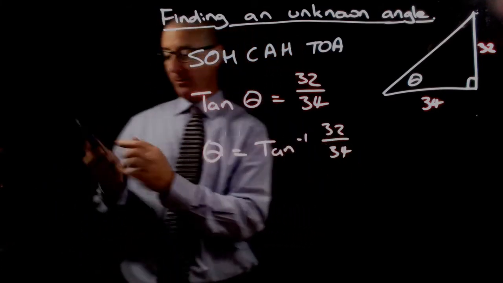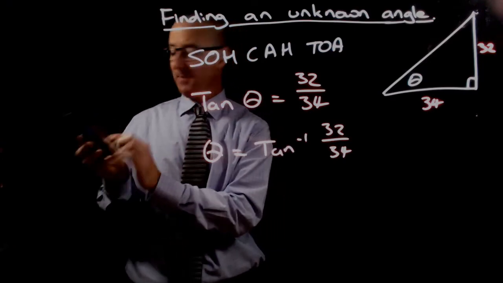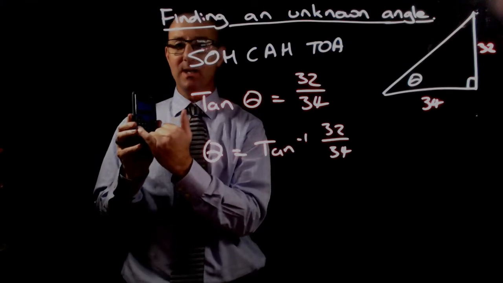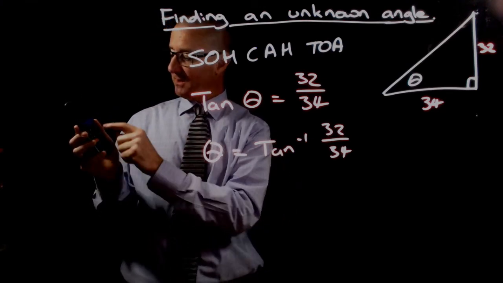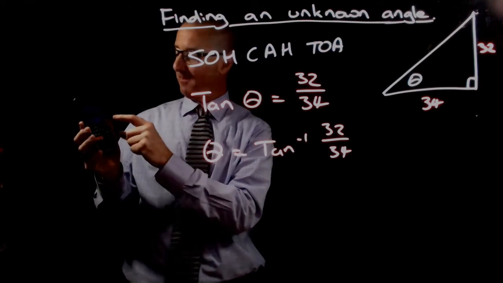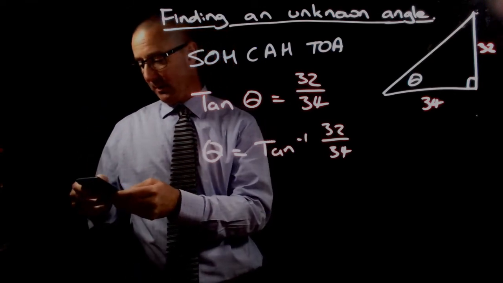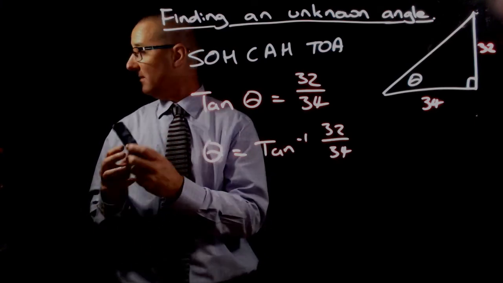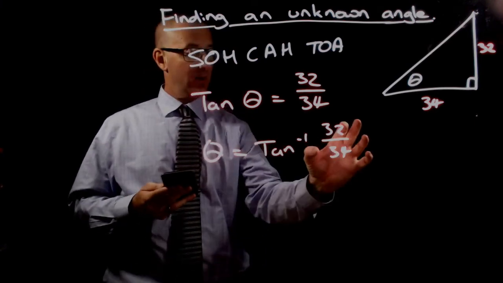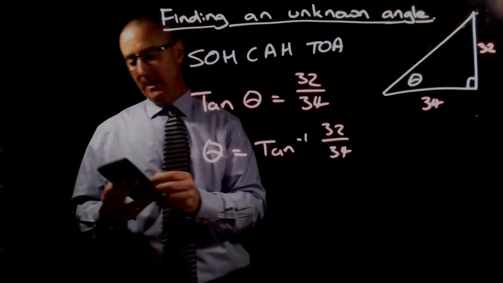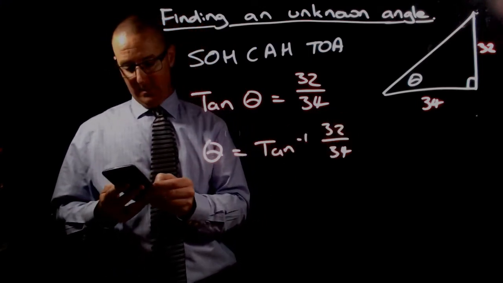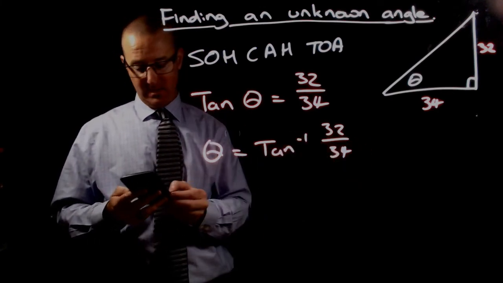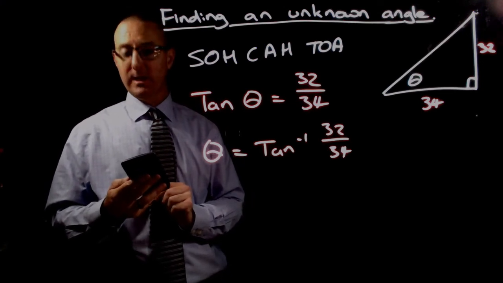So on our calculator we'd find the tan function, and you'll see that the inverse function is written in yellow writing, most likely yellow writing, above the tangent function. So to access that we'd push shift and then tan. So I get my calculator and I turn it on first of all, press shift, tan, and it gives me the inverse tangent function. And then I've got to type in this ratio, this fraction. So that's going to be 32 divided by 34, and close our brackets to show that we've got that finished. And we press equal, and we end up with